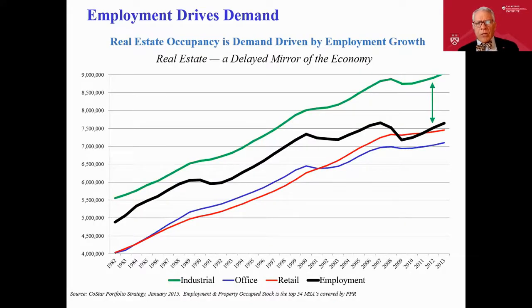Okay. So here I show you an old study that I did a while ago. The employment growth in the United States and the amount of occupied square feet, you see them moving along together, right? And when we have an economic slowdown in employment, you see that occupancy levels like office drop off together back in 2001 and 2002. And the one property type that has been growing at a faster rate, that really started to widen out since the year 2000, is industrial.